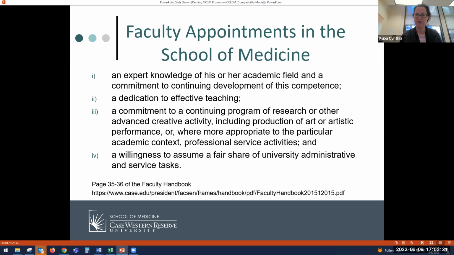So what does it mean to have a faculty appointment? Our faculty handbook for the entire university outlines what it means to be a faculty member. You have a faculty appointment because you are an expert in your field and do 2 of the following. You are either a teacher, a researcher, or you do professional service in the School of Medicine. We define that as both administrative and clinical service when applicable. So you, as Deneen said, select a primary area of excellence. This is what you are known for outside of the area and what you are contributing scholarship to. And then you must participate in one of the other 2 areas. So out of those 3, teaching, research, and service, you pick 2. If you could advance.